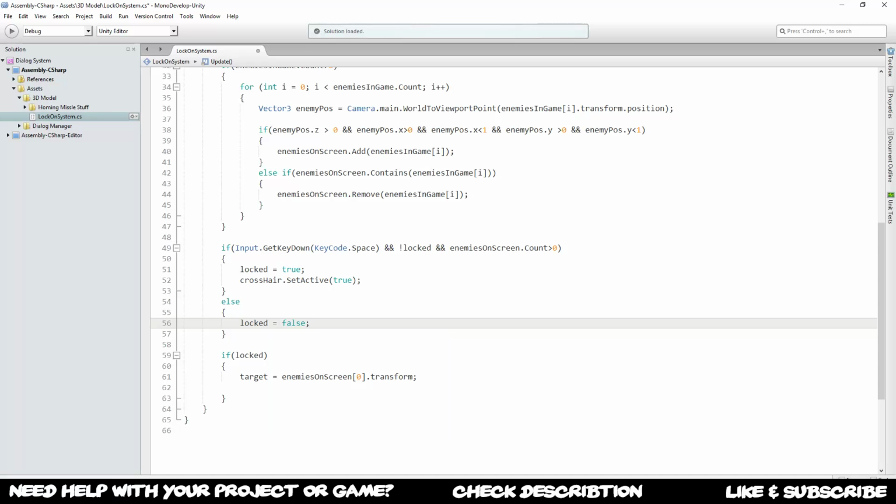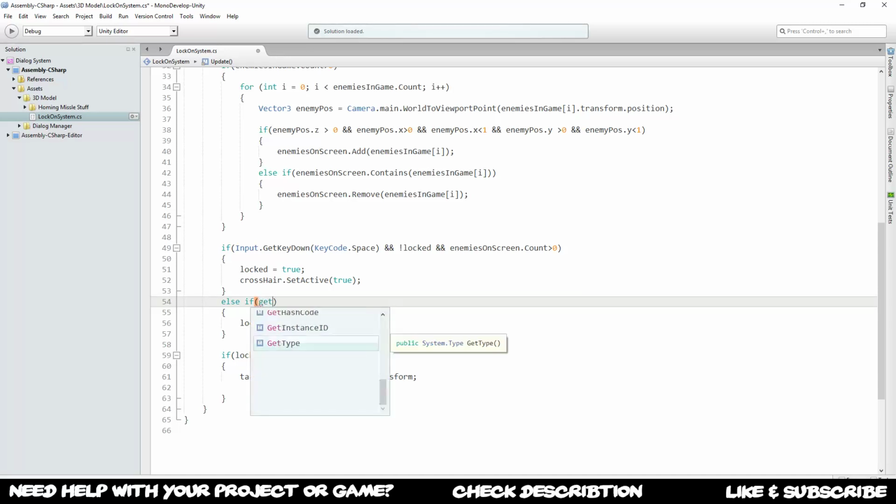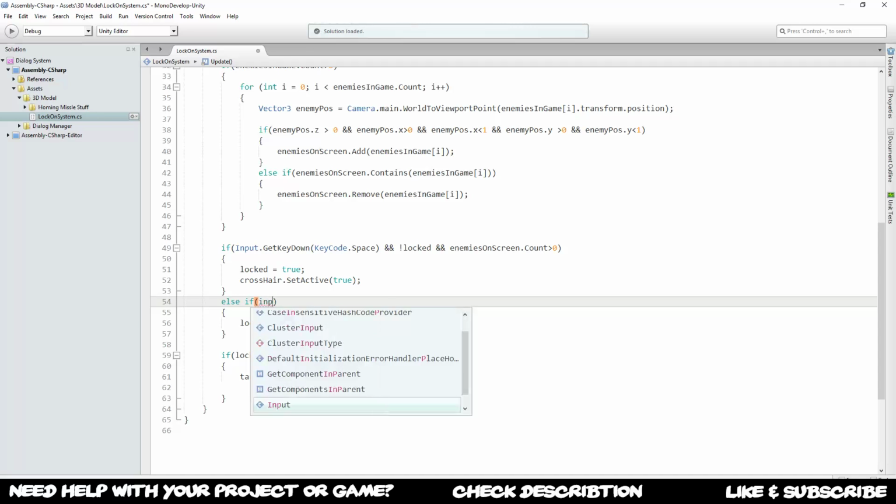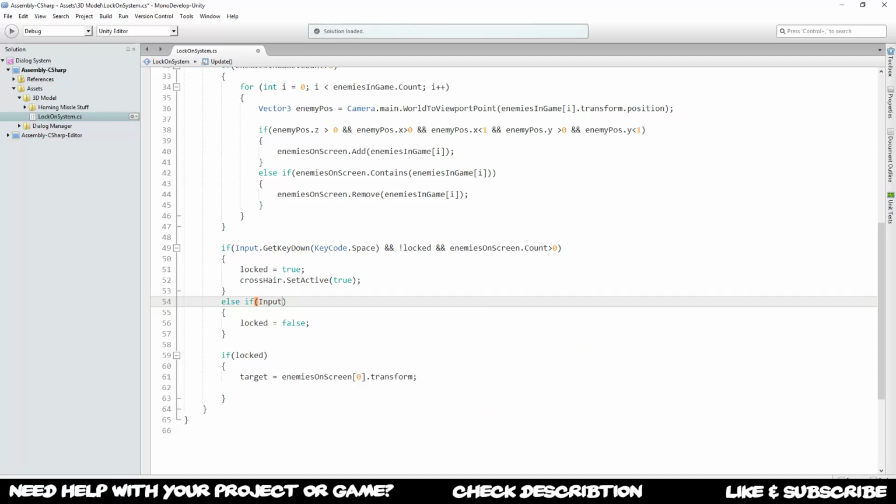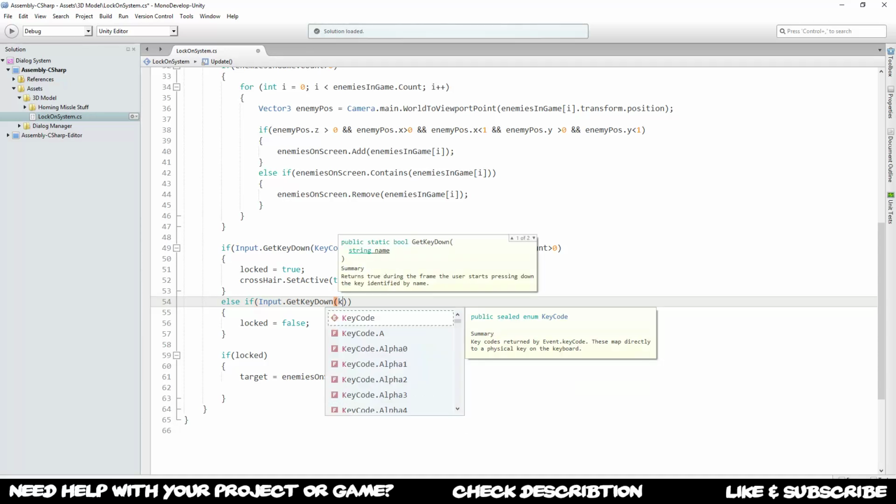I'm not sure if that is possible. Maybe we're going to do another input later, like an else if statement. Else if, get input. So when I press again, else if Input dot GetKeyDown